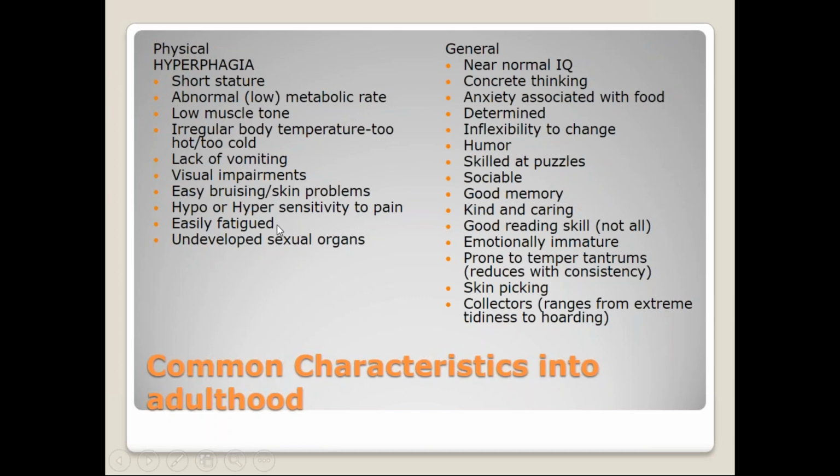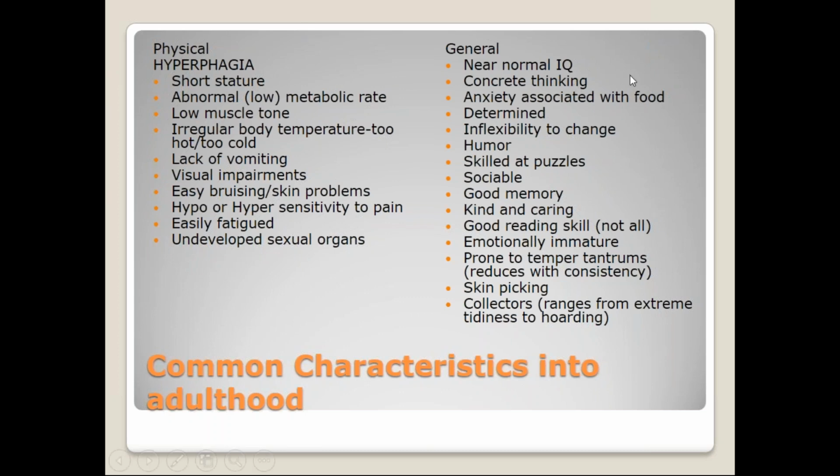People with Prader-Willi syndrome also are easily fatigued, and they have low muscle tone. So if a person with Prader-Willi syndrome is eating a 1,500 calorie diet and has lower muscle tone, they will gain more weight than the average adult who eats a 1,500 calorie diet. The hypothalamus, I'll show you how the two work together again, also causes, for those of you who have worked with folks with Prader-Willi syndrome or have kiddos in your house, they will always say they're cold, or will often say you're cold when you're feeling like it's a very normal day. Because the hypothalamus doesn't say, hey, turn on the heat hormones, the body doesn't regulate.